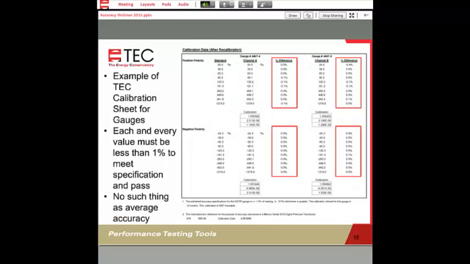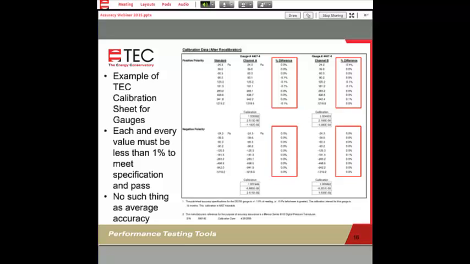So as an example, here's our standard calibration sheet, and you can see that in this particular column, on the top half, you have all of the positive polarity, or all of the positive values. So the values from 0 going up.